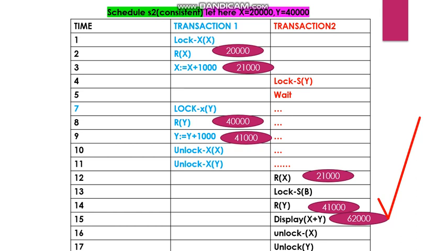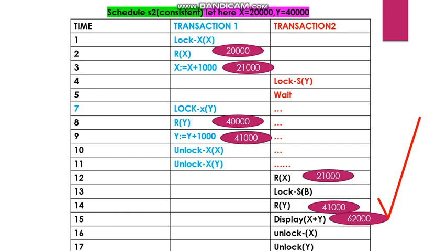Now without releasing the lock on balance amount of X, at time 7, T1 acquires a lock on balance of Y. At time 8, it reads balance of Y as 40,000. At time 9, it adds 1,000 to the Y balance. At time 10, it releases the lock on X. At time 11, it releases the lock on Y.